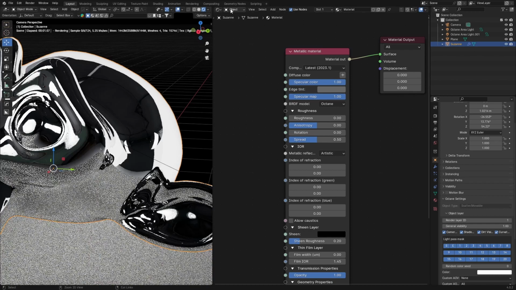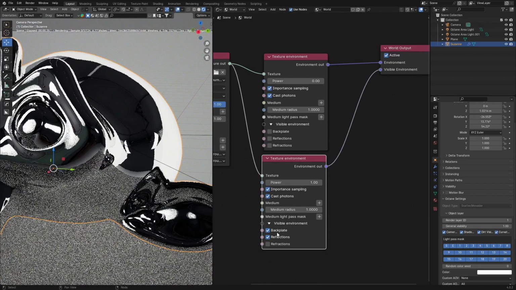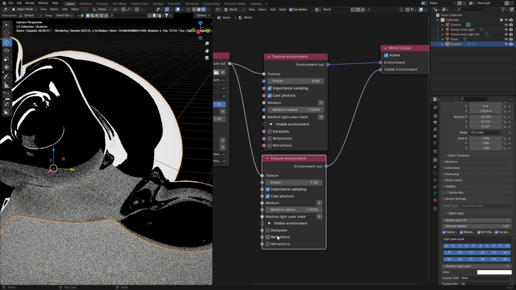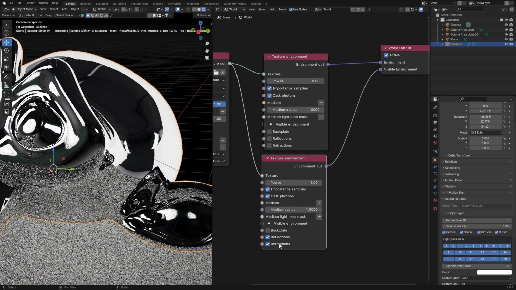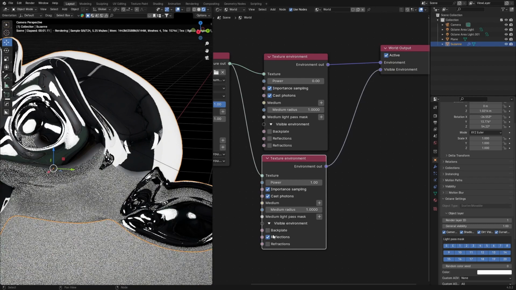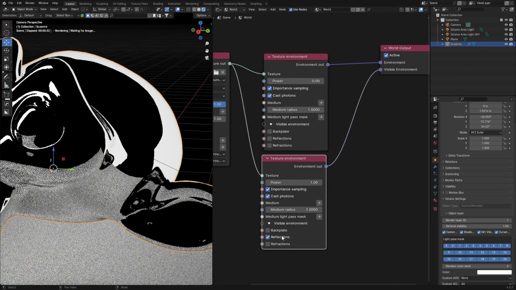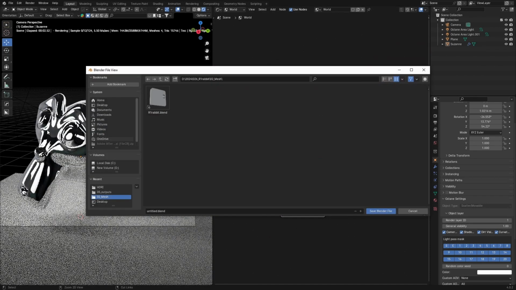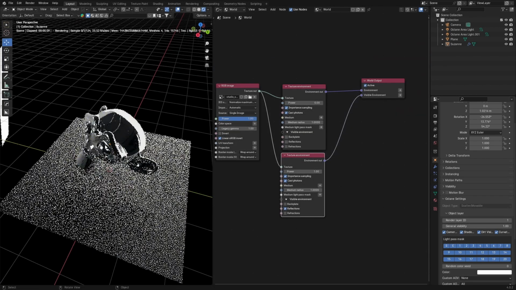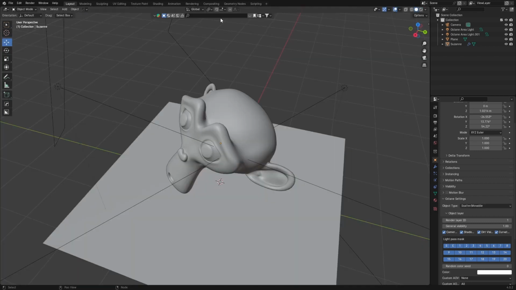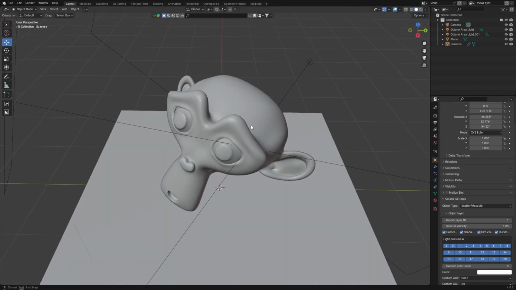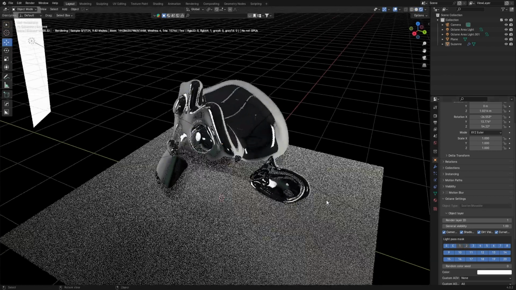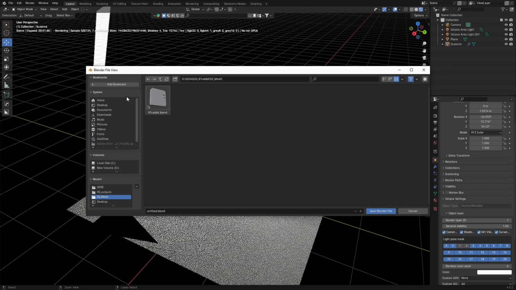My backplate is on, but my reflections are on. So I can turn off reflections, and I can turn off refractions, but since this is not glass, we won't see this. So we can do this via this also. So these are just some of the features I know of. And apparently if I save this setting, let me just turn both lights off, and if I just save this setting and I then quit Blender,